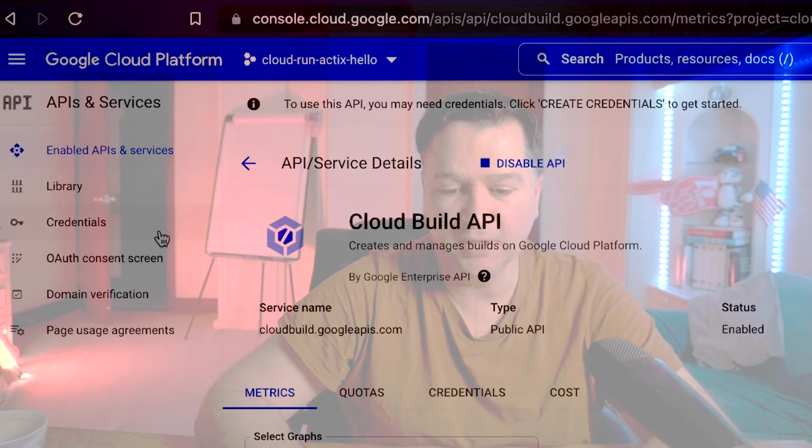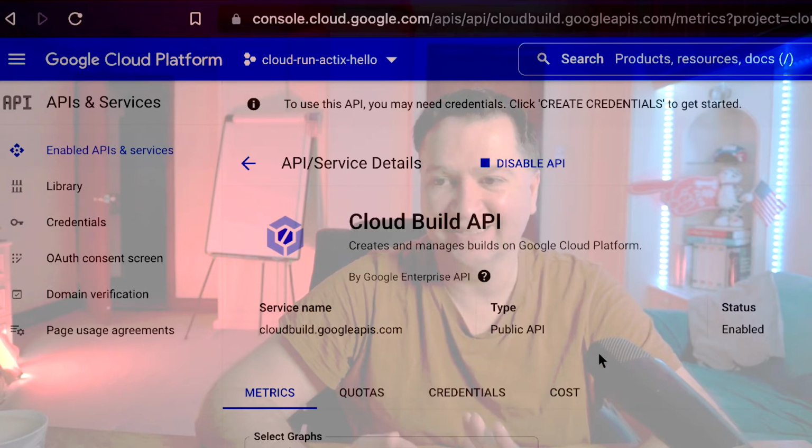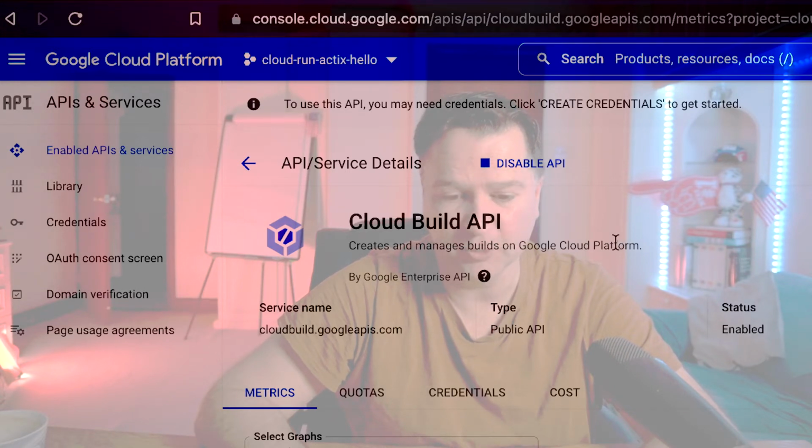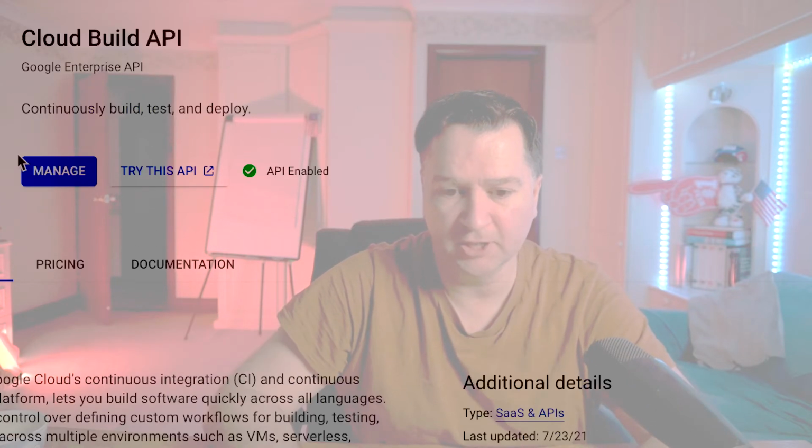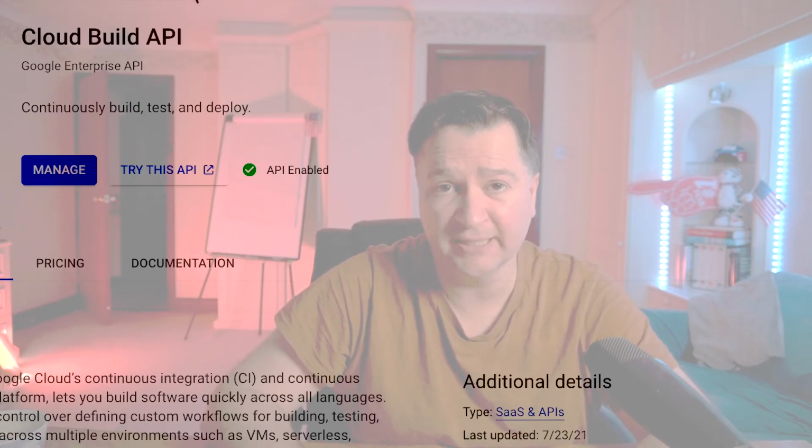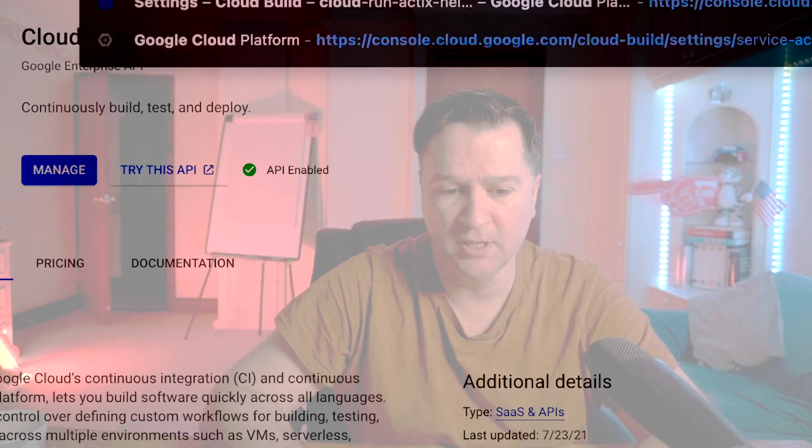As you can see from my machine there, it is now enabled, and the next thing that I need to do is ensure any service accounts I've got have been enabled also and have been granted access. So to do that, I just need to go back to Cloud Build settings again. So if we click on that,